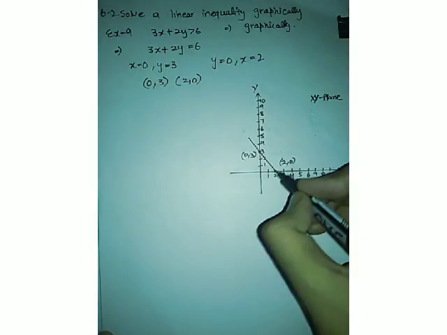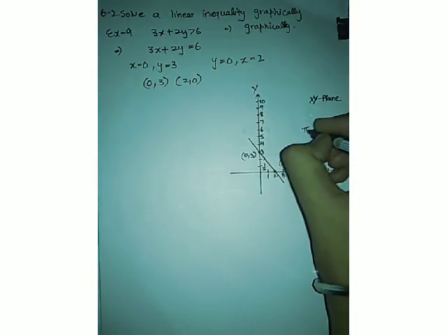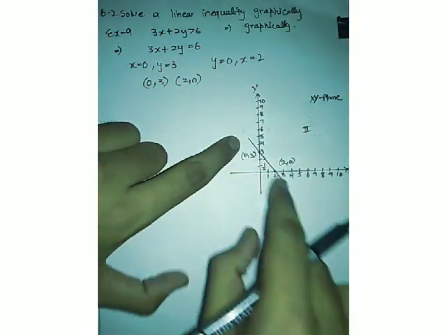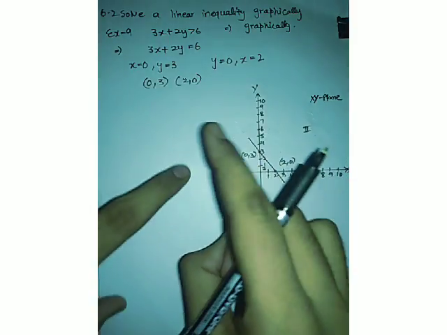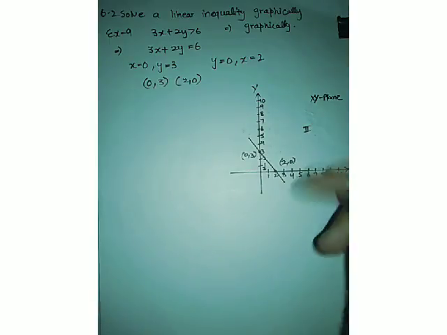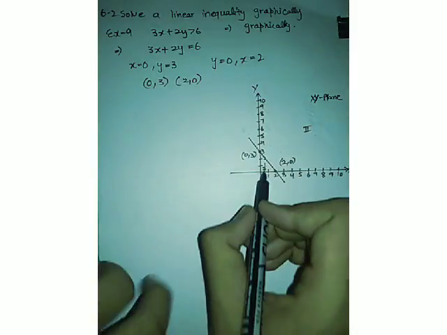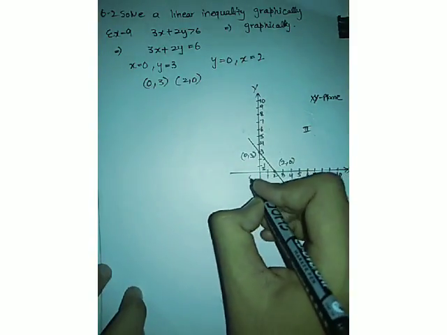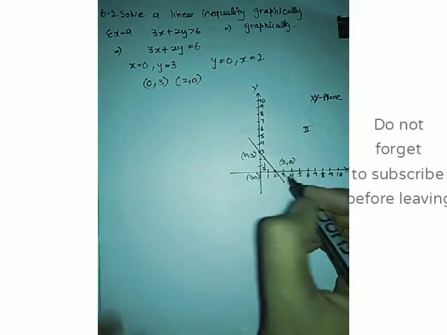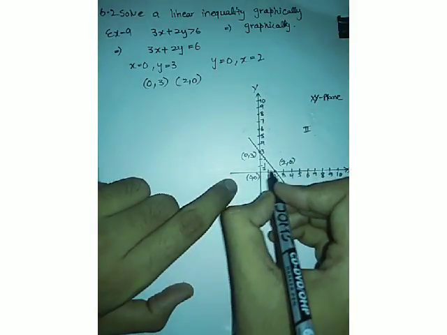All right, so the plane is divided into two planes. First is the first one and there is a second one. Now due to this line the plane is divided, and we have to find out which region has to be shaded. We can shade the second region and we can shade the first region as well, but we have to find it out first. So what will you do? From the first region take a point, and in most of the sums it happens out to be 0 only. Now 0 is lying in the first region.